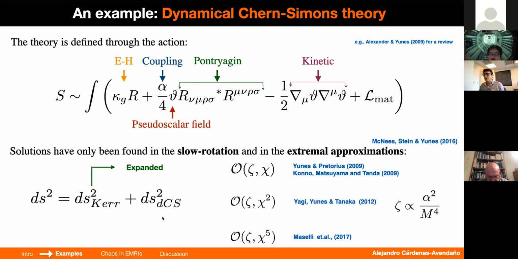But then the question is, how should we treat this part? Because we know that if we have an integrable system and we perturb it, these types of features can appear. But now we don't know the full solution. So maybe if we see chaos, it could be because we don't have the full solution, meaning that I don't have the solution to all orders in spin. So chaos might be related to the fact that I don't have the full solution, or I can truncate the solution and think about it in a particular way.